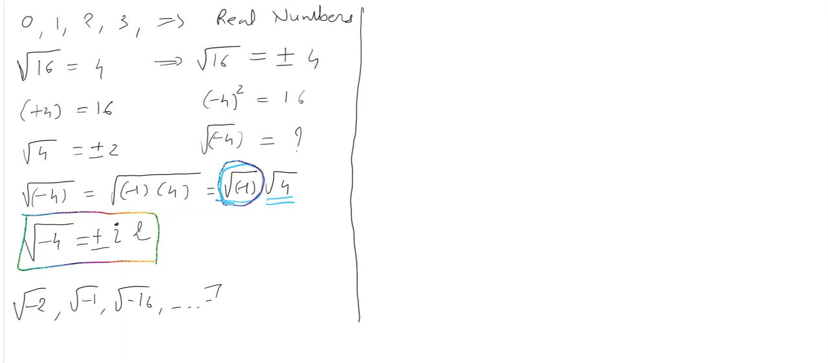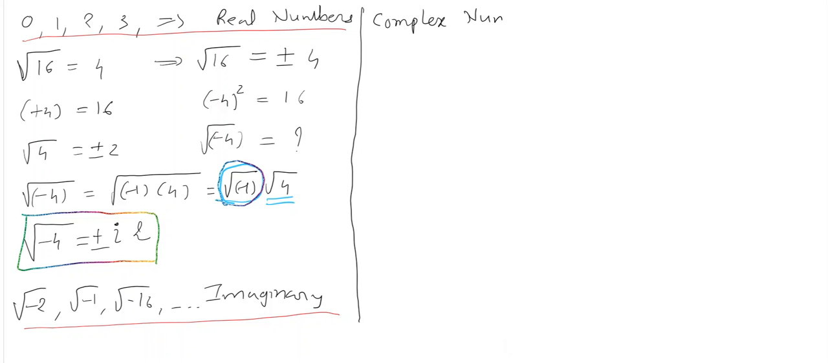All these are called imaginary numbers. So on one hand you have real numbers and then you have imaginary numbers also. And the combination of these two is called a complex number. So what is a complex number? A complex number is a number which has some part real and some part imaginary. So if I am told that z is 2 plus i5, I should understand that